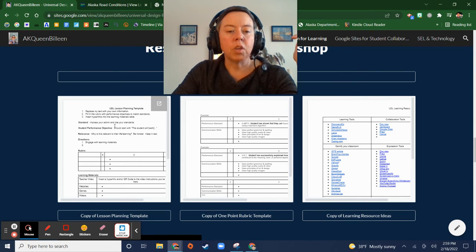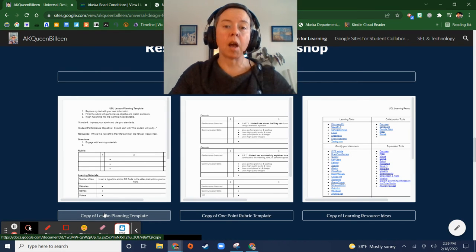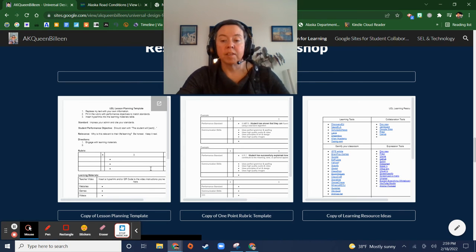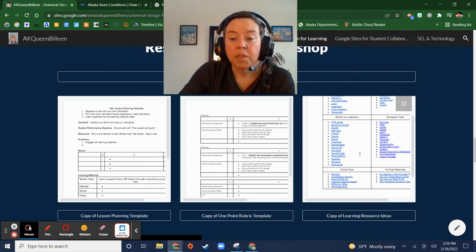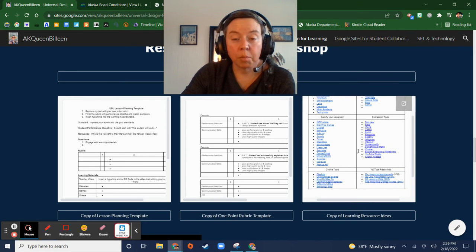So I have a UDL planning template. You can click on this button and it'll force a copy. It'll force you to make a copy of the document, and then you can use that. And then I also have a learning resource idea. This document over here, if you click on this link, you'll be a viewer on it, or you can make a forced copy and then add to it yourself